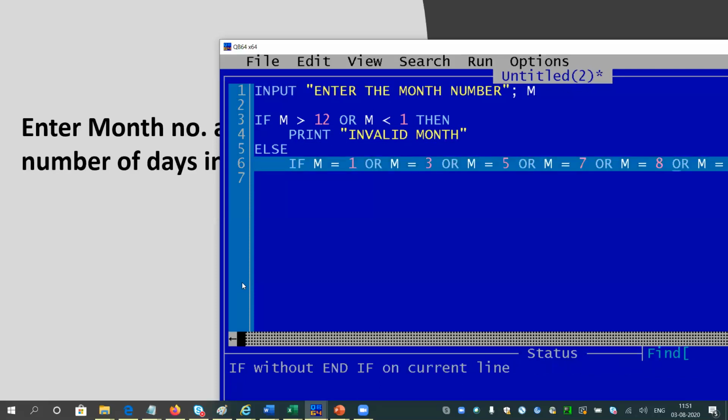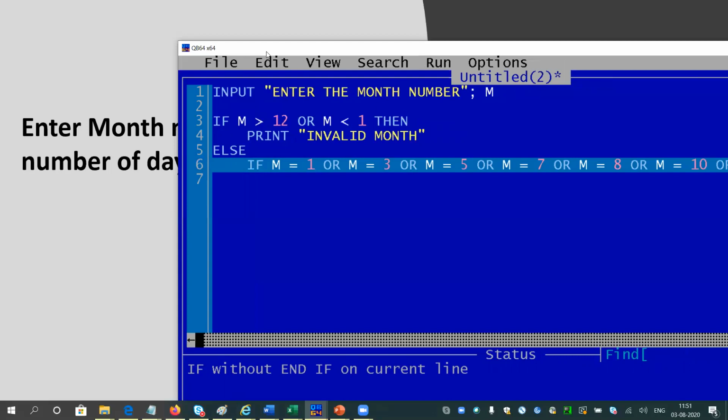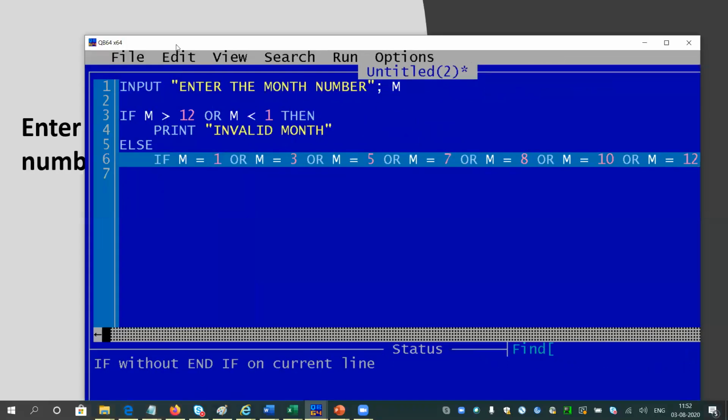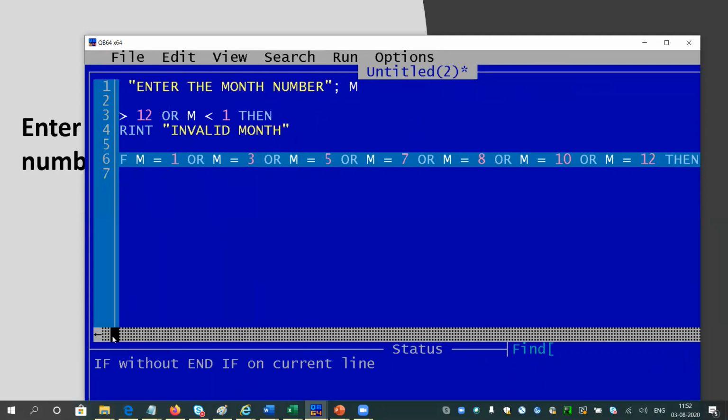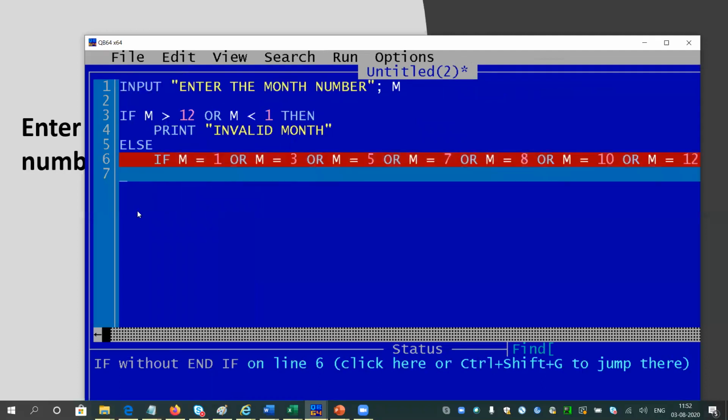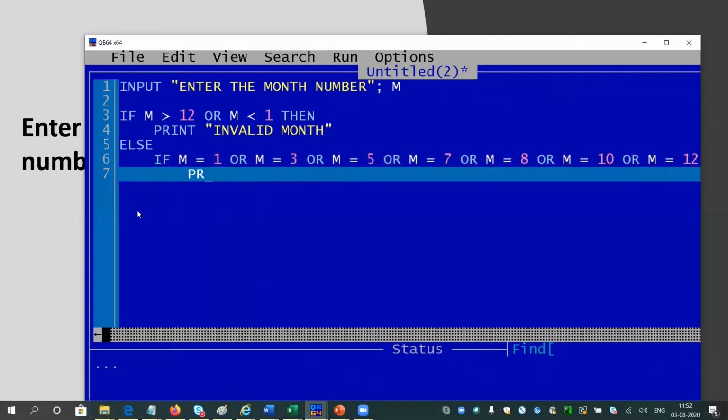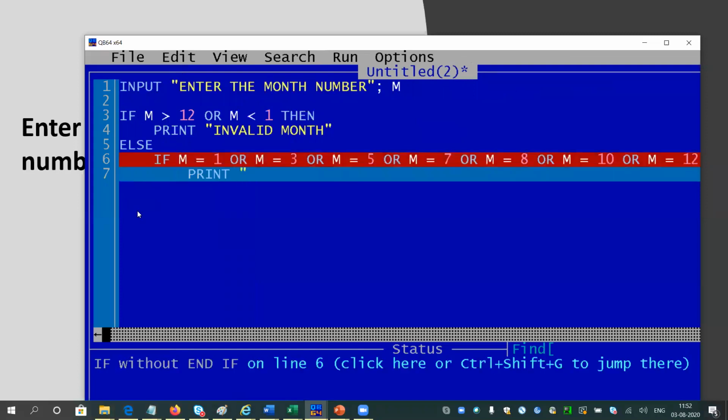Just a minute. Yes, it's written correctly. So I will print 31 days. Correct.